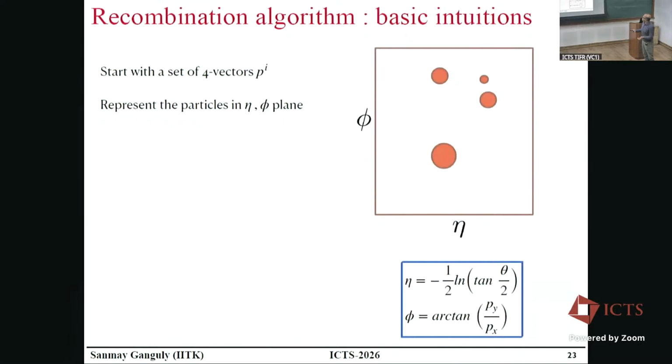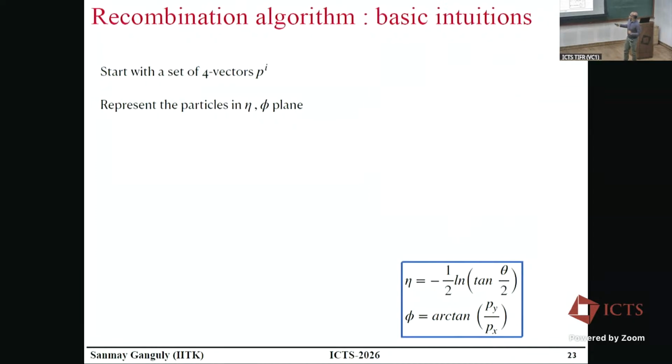And that's why people proposed something called recombination algorithms. Since these are the popular ones used in everyday analysis for both pp collisions and heavy ion, we will go through this once through a cartoon. This tells us that if I'm given a set of four-vectors, the blobs have different sizes denoting different energies. The largest blob has the largest energy. Given the direction in which these particles are flying, they have a certain location in the pseudo-rapidity and azimuthal angle plane. Okay, that's trivial.